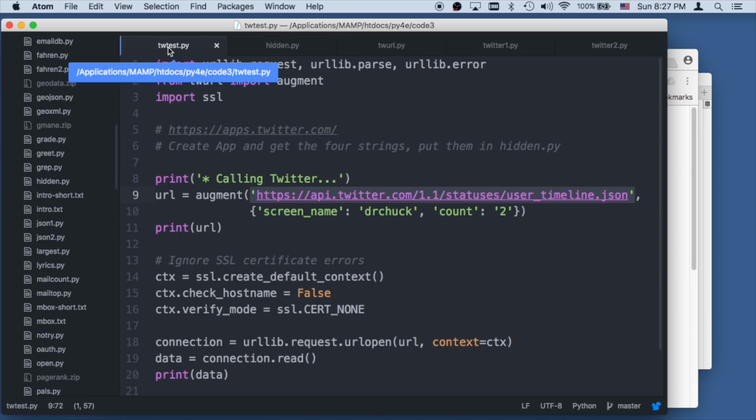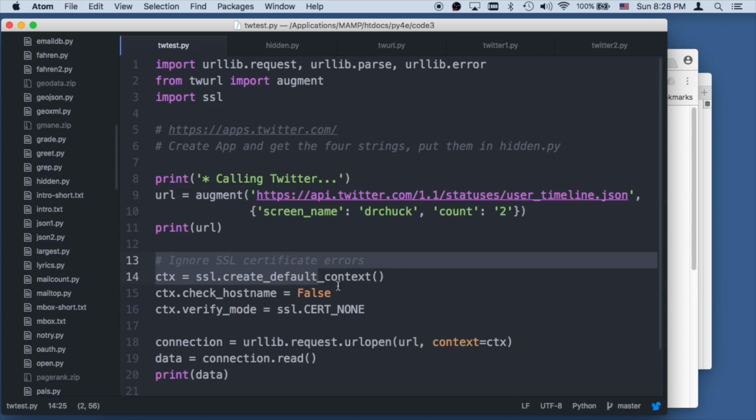Lots of people get this to work, so don't worry, it's kind of cool when you finally get it to work. So let's take a look at what it does. Just know that this makes an awesome URL that does all the security. And we'll see one of those URLs. So ignore the certificate errors. This has to do with the fact